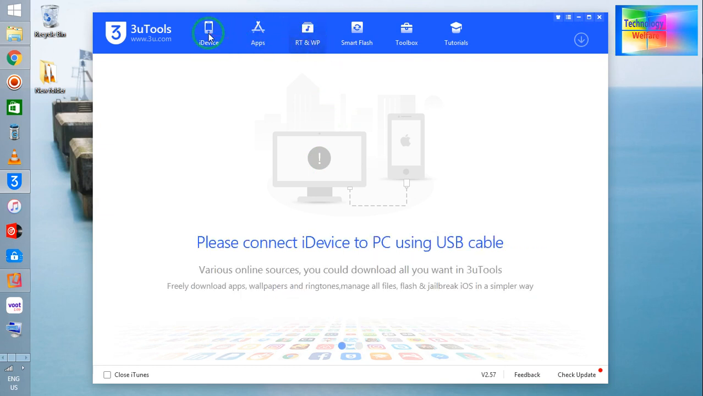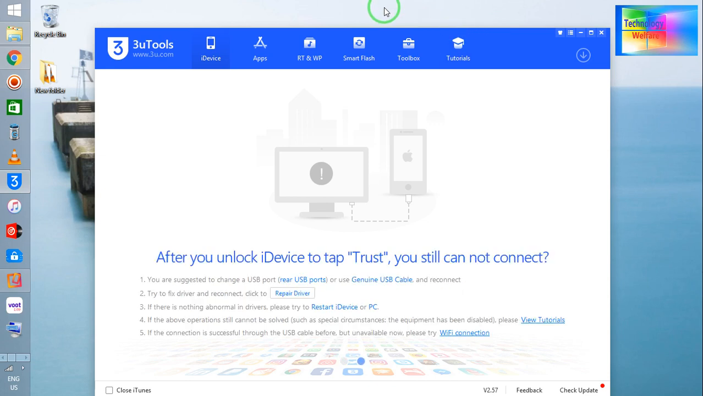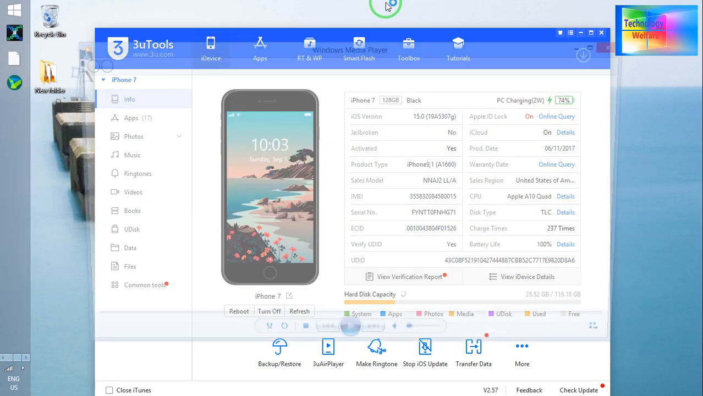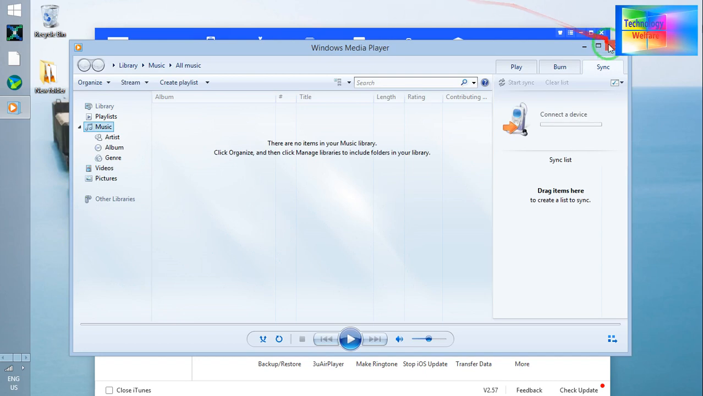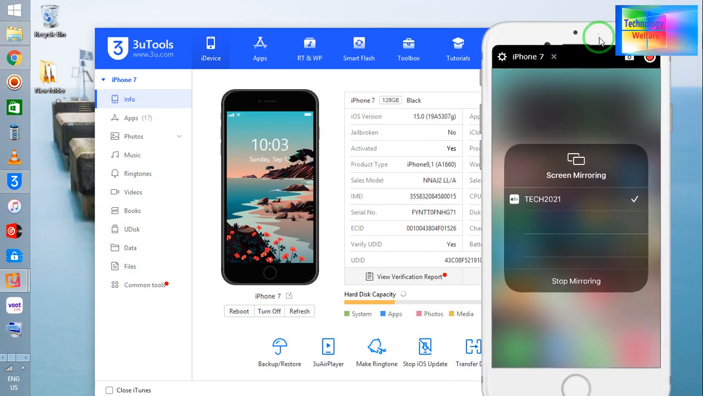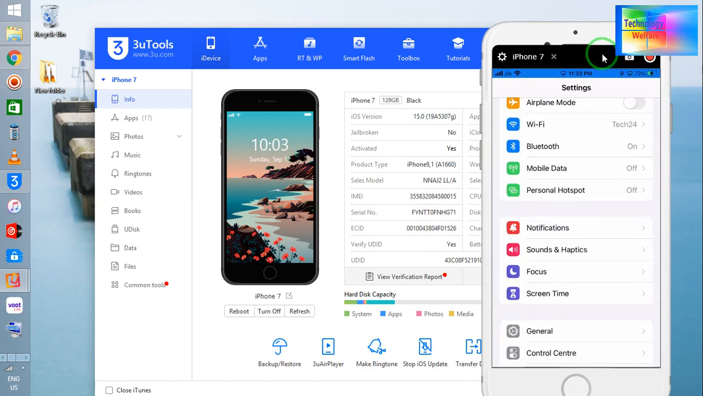So let's see. Some errors are coming here guys. So now finally connected. Now let me reflect this on my desktop. So now see guys, here I was on Sound and Haptics